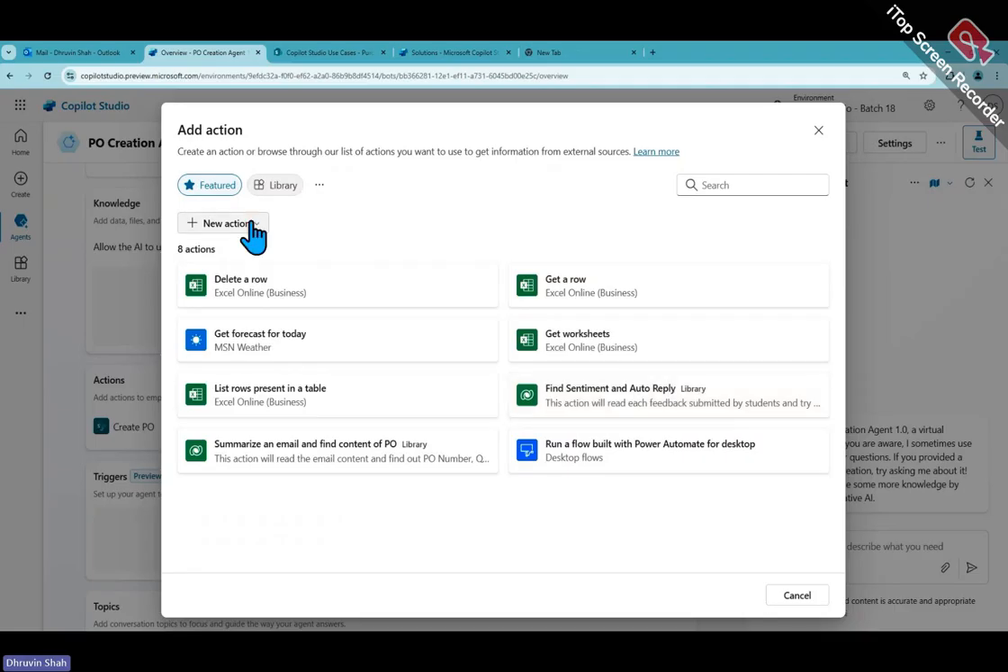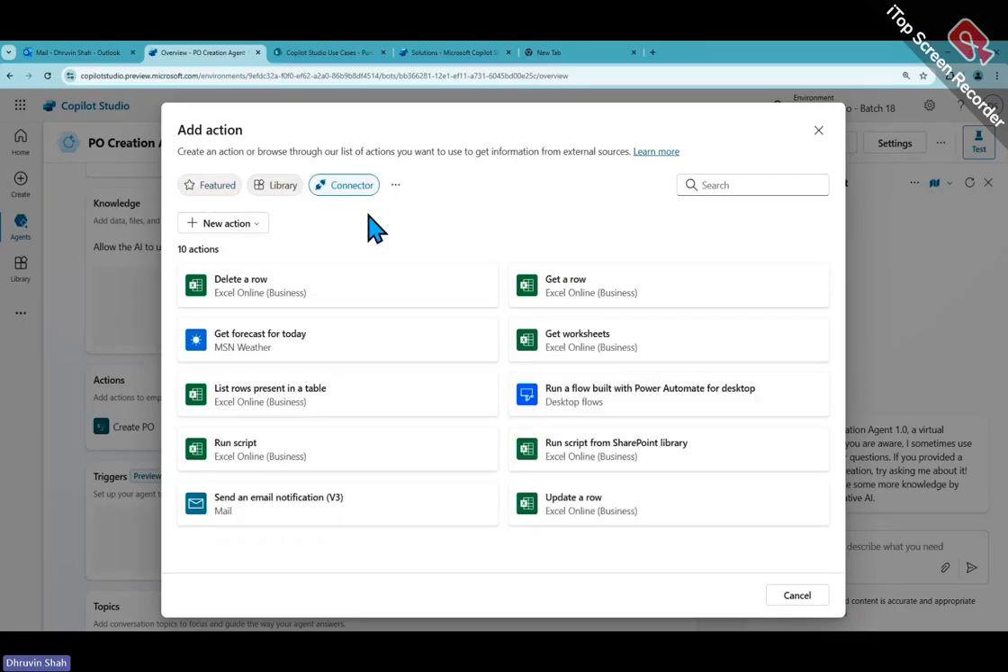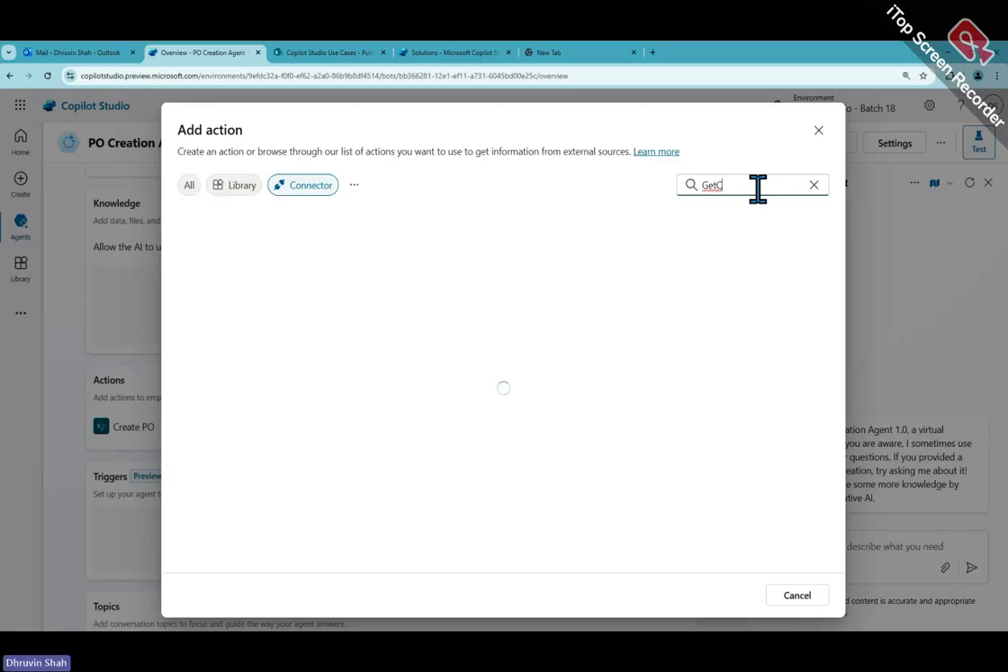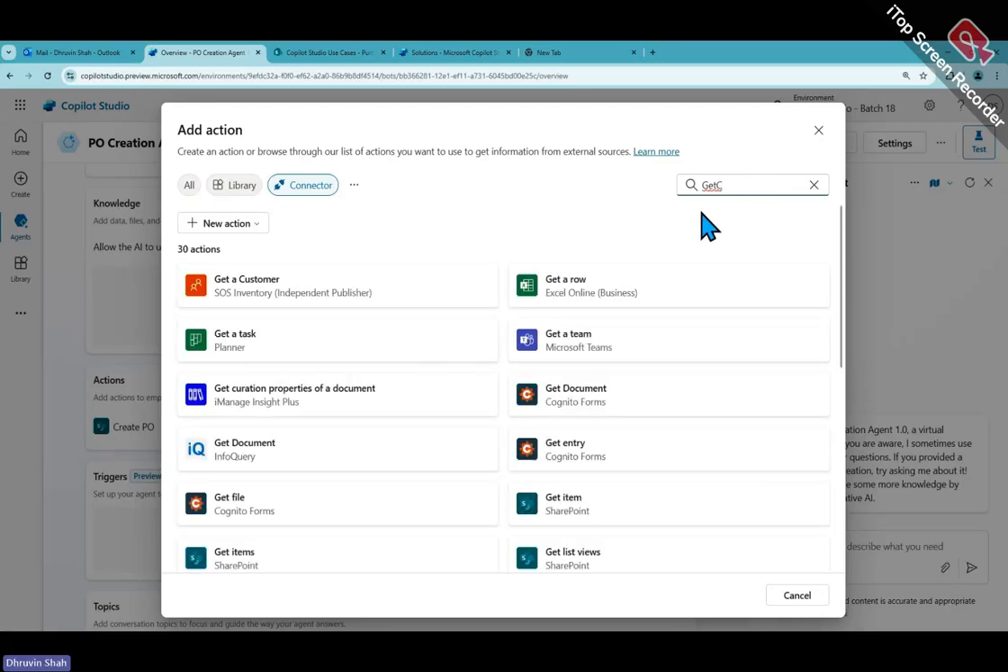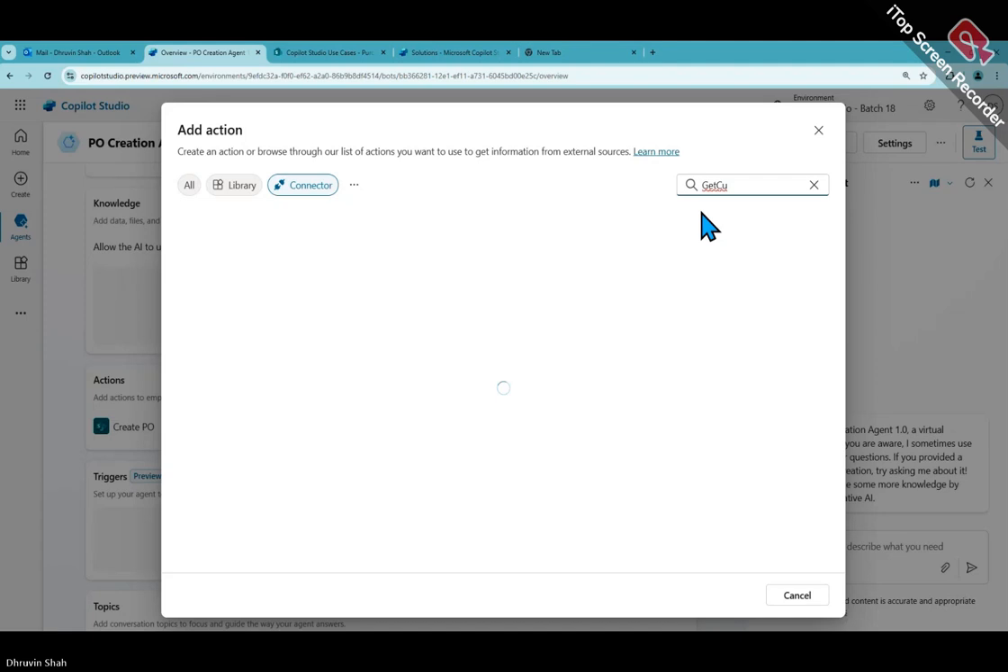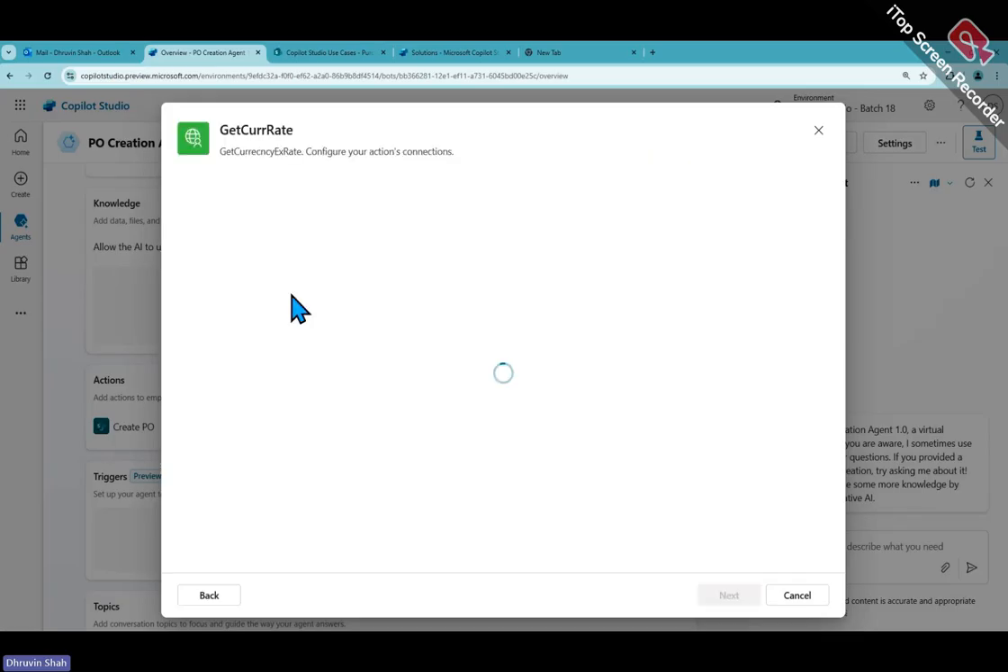action, and this time again we will go to connector and let's search for get currency rate. Yeah, this is what I'm getting, right? Let's add that, because you don't need to create the custom connector a second time, you already created it, so you can directly consume it over here as well. Okay, let's click on next